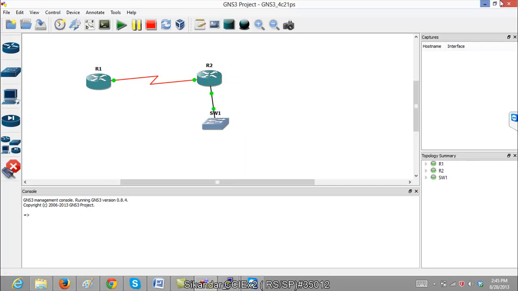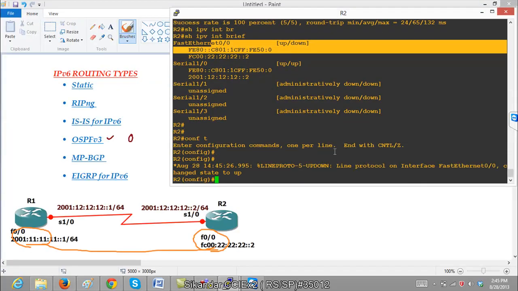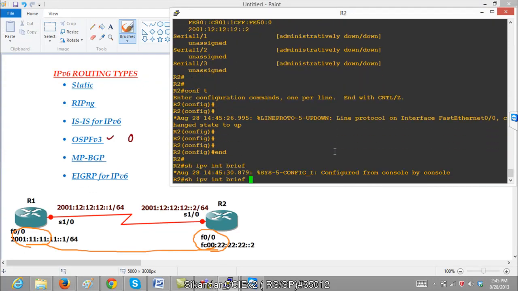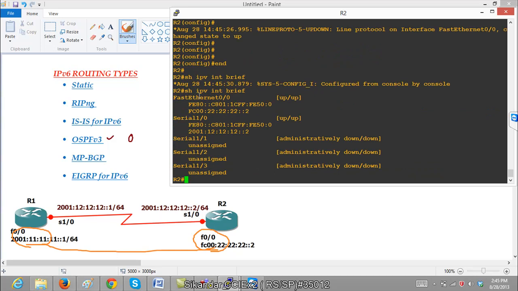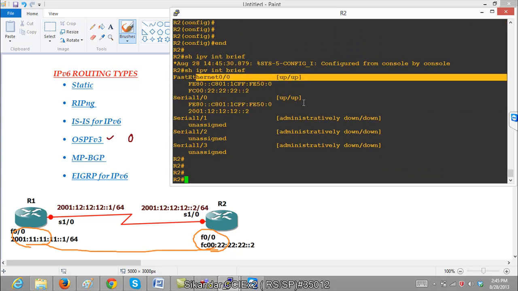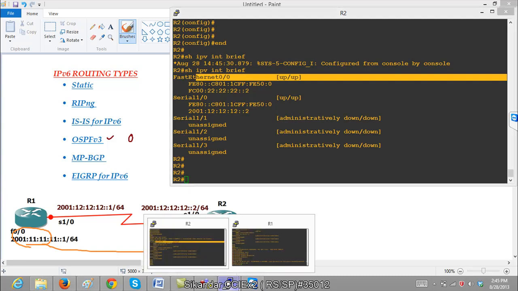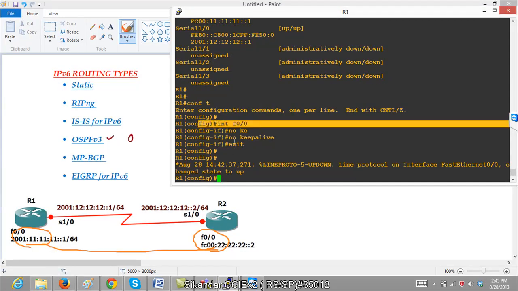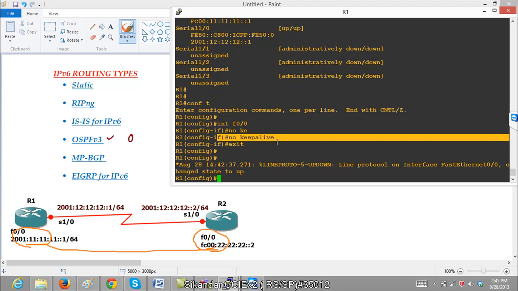So when you do this, automatically now, if I try to verify the same command, show IPv6 interface brief, now you can see the interface comes up here. Okay, so either you can do that, or there is one more possible solution. As it is a lab scenario, I can also use a command called no keepalive. So no keepalive, what it will do is it is going to disable the keepalive mechanism, because by default